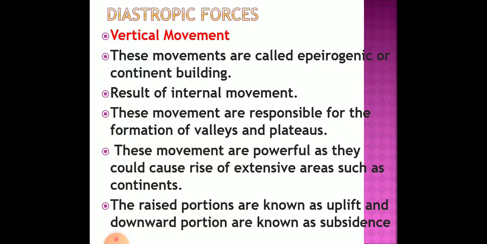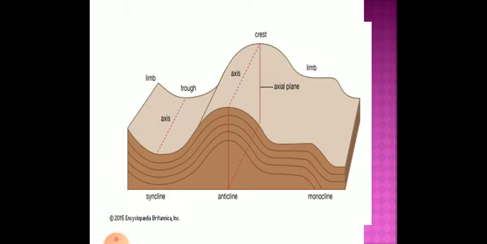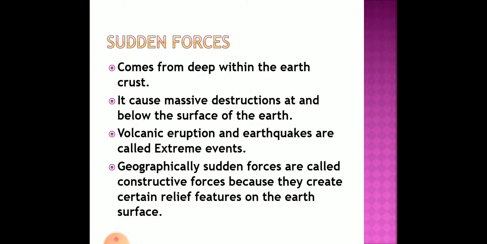So these two are called diastrophic forces, which come under the endogenic force or the internal force. These two are formed due to the internal force of the earth. Diastrophic means it is a slow process. We cannot say that all of a sudden one morning land came up or a continent rose. It is not like that. It is a very slow process compared to the sudden force. You can see the anticline, syncline, etc. The land is raised up, and it takes thousands of years for the formation of such things.